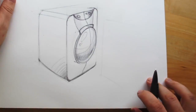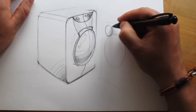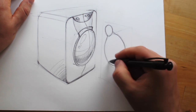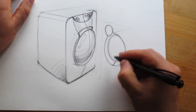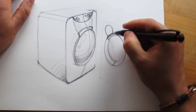Okay, let's move on and try one more design on the same paper sheet, with the interface integrated with the door. In this case, I will push the door a little bit deeper inside of this shape,